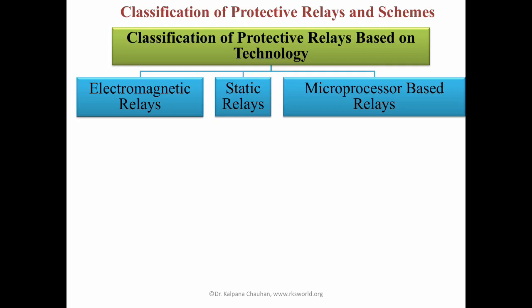When the actuating quantity exceeds a certain predetermined value, an operating torque is developed, which is applied on the moving part. This causes the moving part to travel and to finally close a contact to energize the trip coil of the circuit breaker. On the other hand, static relays contain electronic circuitry which may include transistors, ICs, diodes and other